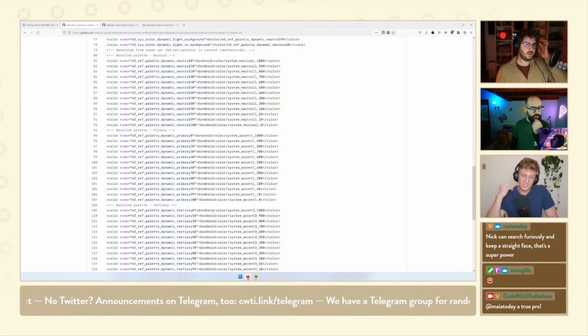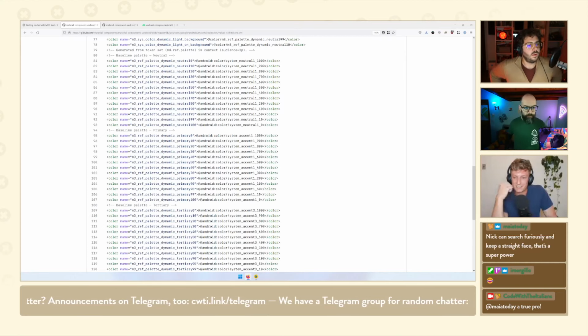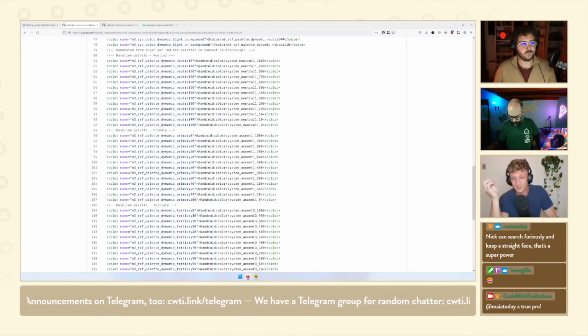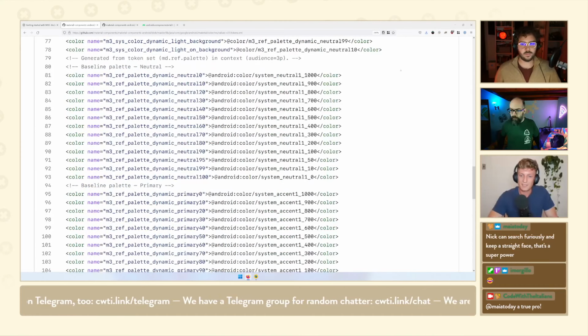So what this is doing is this is where things begin in terms of interacting with the Android system and these dynamic resources they have. These things like @android:color/system_neutral1_1000.